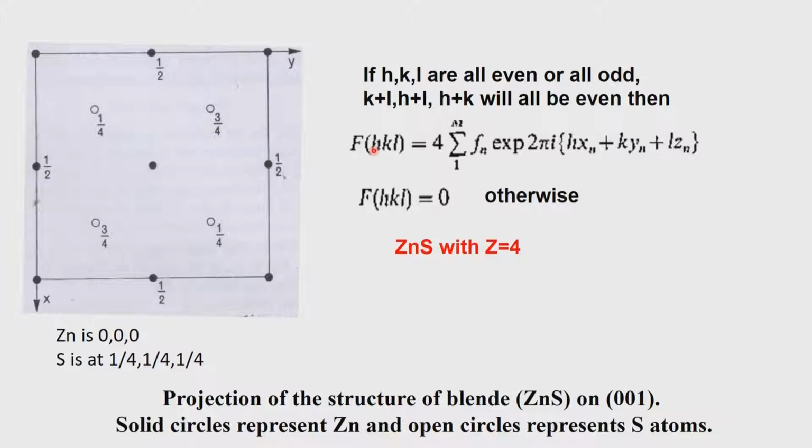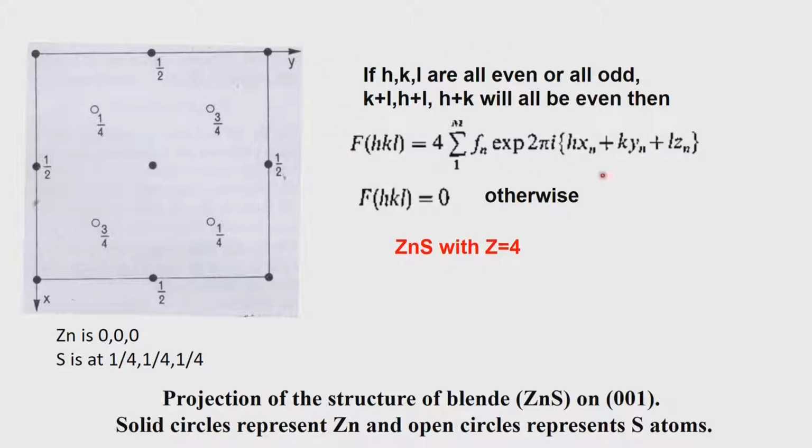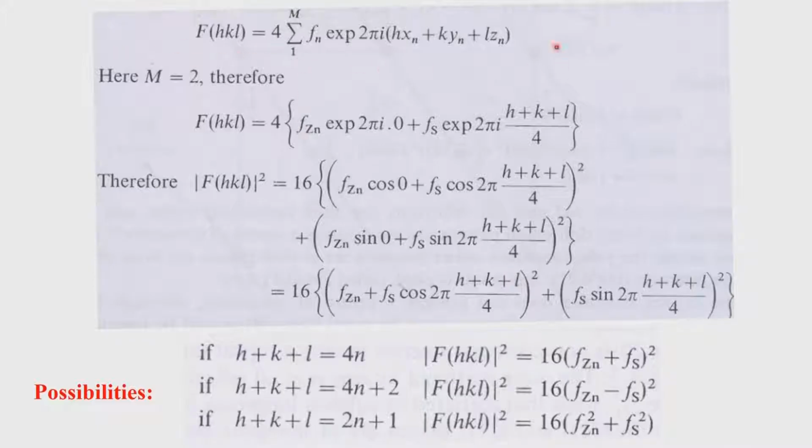So, remember that part, because what we are now trying to discuss is, given the structure of zinc sulfide, where zinc is sitting at 0 0 0, sulfur is at 1/4 1/4 1/4, how do we get the systematic absences satisfying the F centered lattice? That is all we are now examining, and that we can see from this set of equations. You see, F of hkl is equal to 4 times fn exponential of h xn plus k yn plus l zn. That we know now, because from the previous slides F of hkl is that expression. So, we take this expression and we have written it down here.